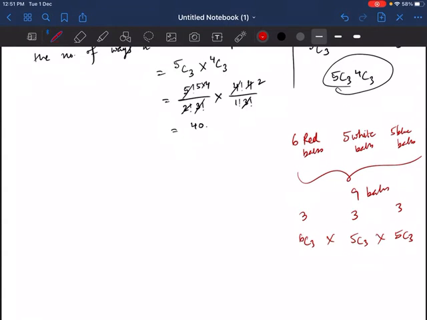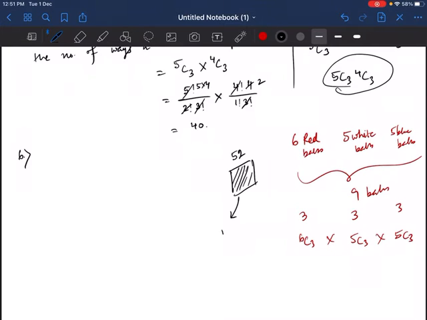Question number 5 is done. Let's do question number 6. So what is question number 6? Now read it carefully. It says, determine the number of 5 card combinations out of a deck of 52 cards. So there are 52 cards. I hope you guys know about cards. If you don't know, please send me a message, sir, please explain about the 52 cards, then we can discuss cards. So there are 52 cards, and we have to draw a 5 card combination.